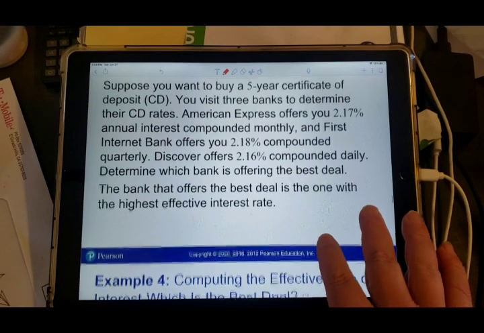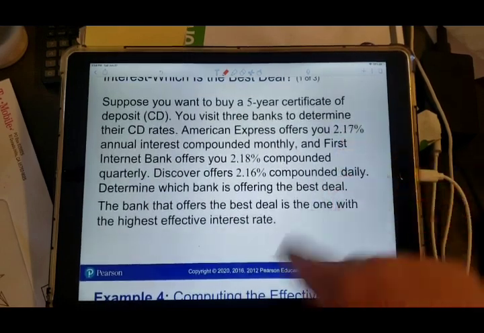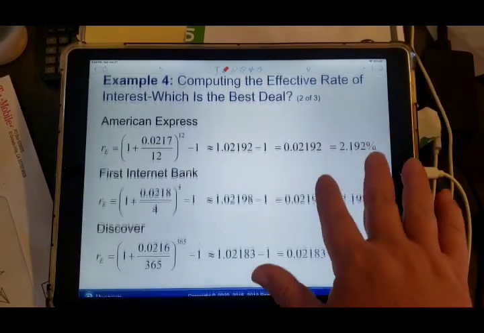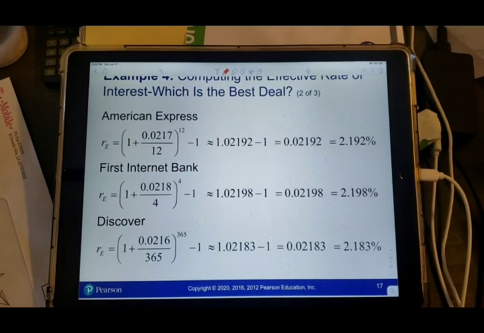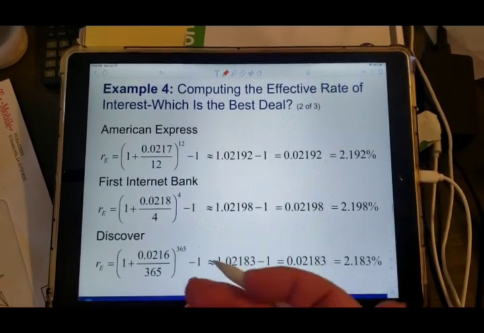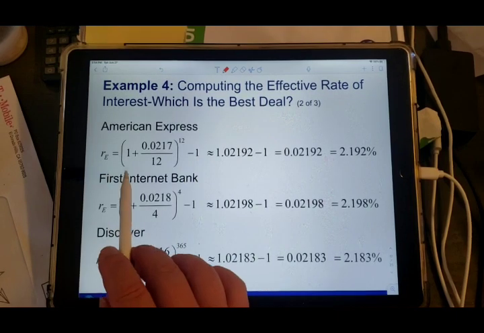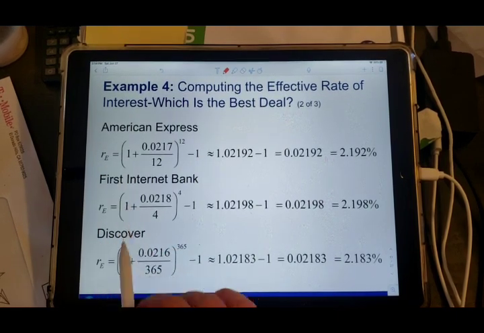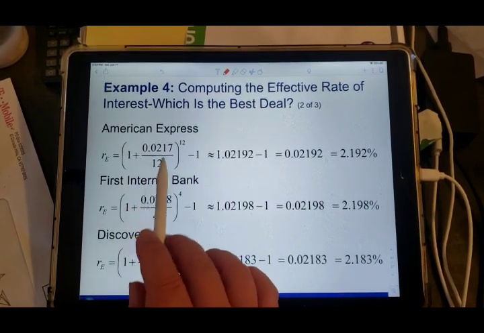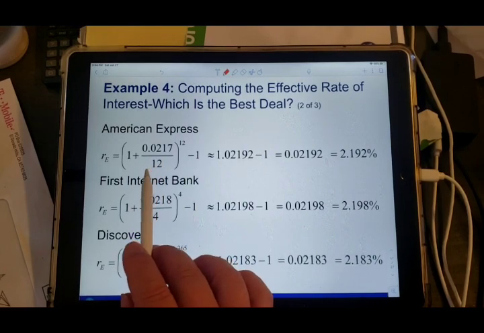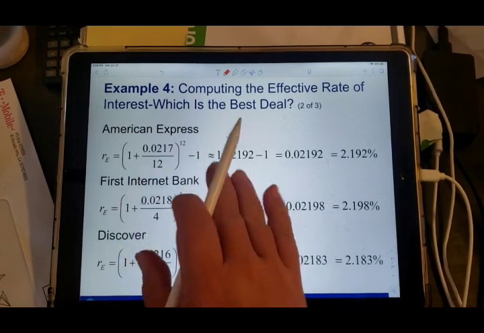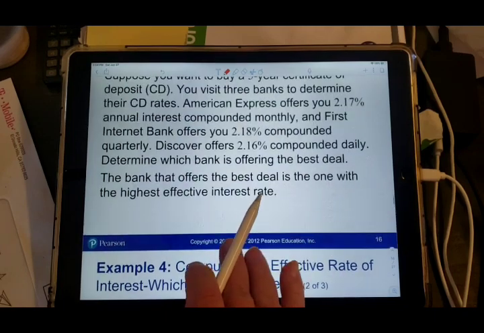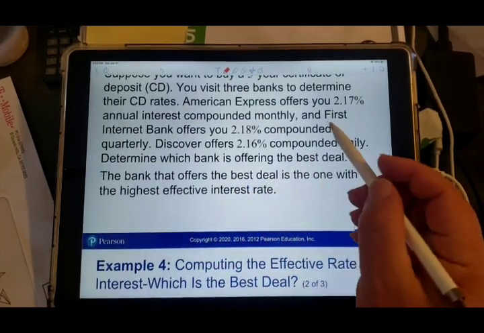But let's see how they're using it. So they want you to make this comparison. I'll run through the numbers in this next section. So they're asking you to find the effective interest rate, right, through these scenarios. And they're just substituting the values into this formula. And remember, basically what you want to know is,